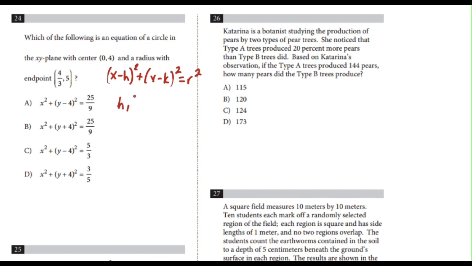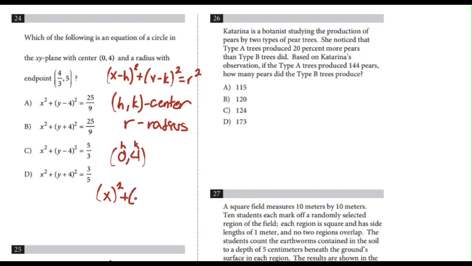We know that h, k is going to be our center, and r is our radius. So first we have here that our h is 0 and our k is 4. So we can plug that back into the formula. X minus 0 is going to be x squared plus y minus 4 squared